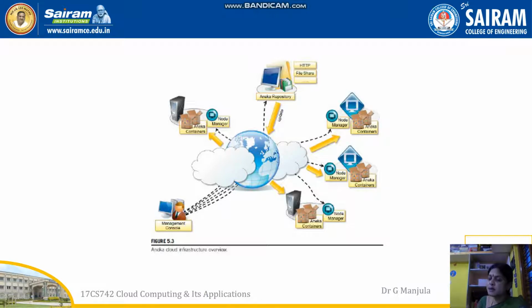So it contains n number of containers. Along with that, in every container there is one device called an Aneka container with node manager. You can see in the diagram very deeply, there is one black colored dashed line. So I can fetch the data, I can extract the data from a node manager. There is one subject called big data analytics, how the data can be analyzed, how it is considered as a node manager, and how it is going to access the node and how it can be processed. It is slowly interrelated to one more subject called data analytics. So how the data can be fetched over there.